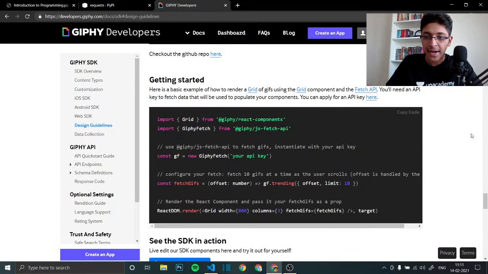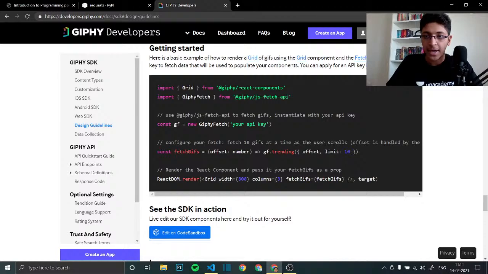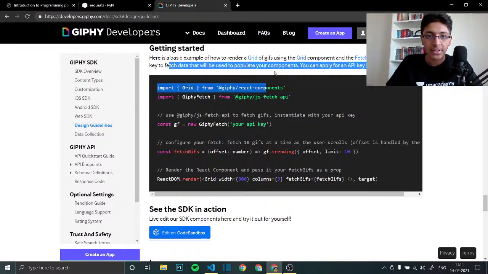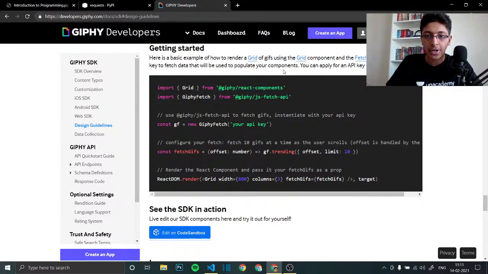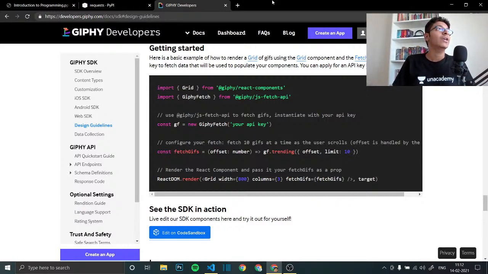And once I do have that, I can use a basic example of how you can render a grid of GIFs using the grid component and the fetch API. You'll need an API key to fetch data that will be used to populate your components. You can apply for an API key here, right? So what happens is that whenever you want to create something like this, you need to have an API key. Okay, now this API key will actually tell the program that, okay, this is who you are, because what happens is that this can actually be really harmful for you. Let's say you want to create